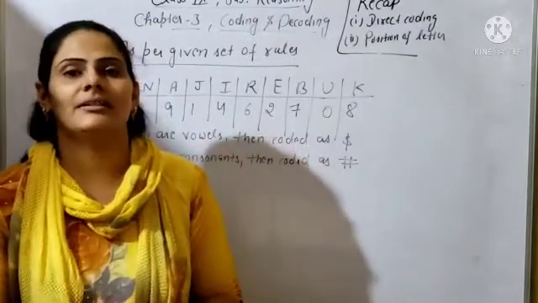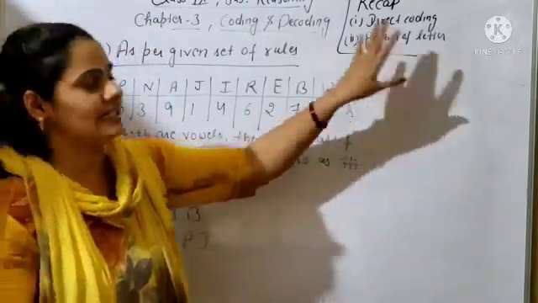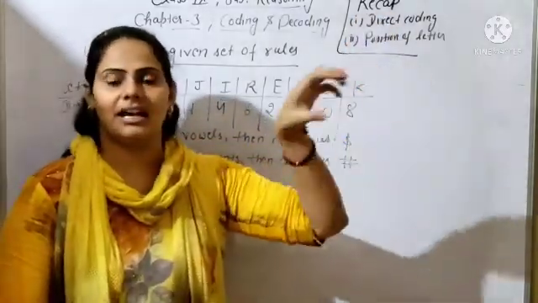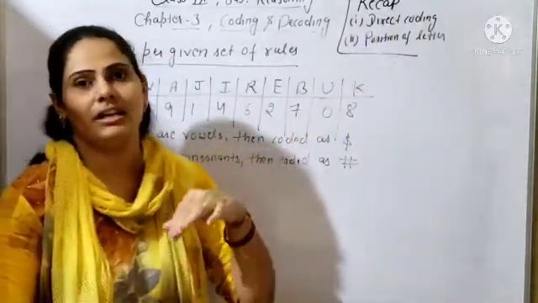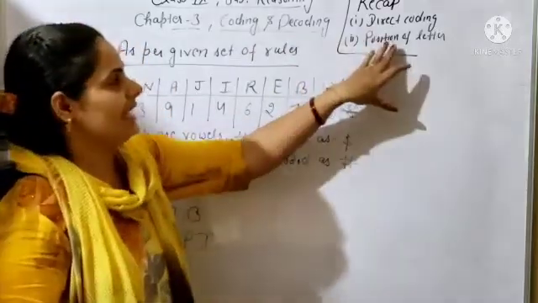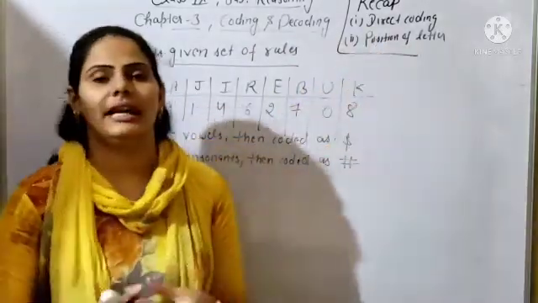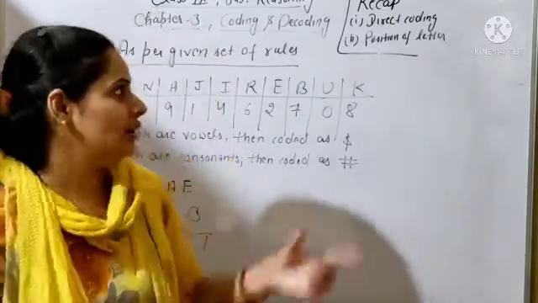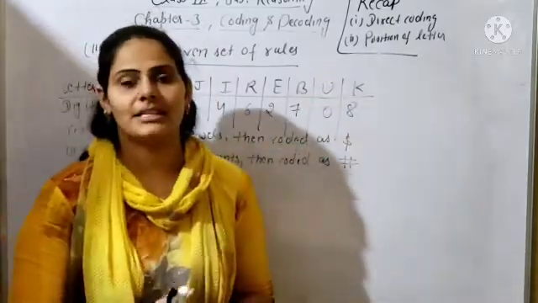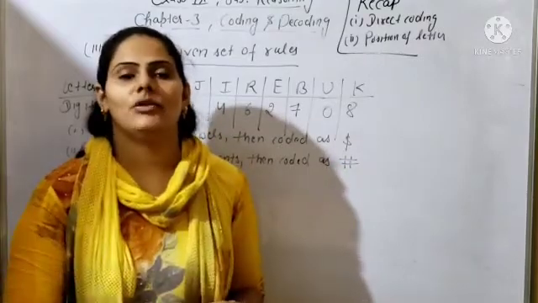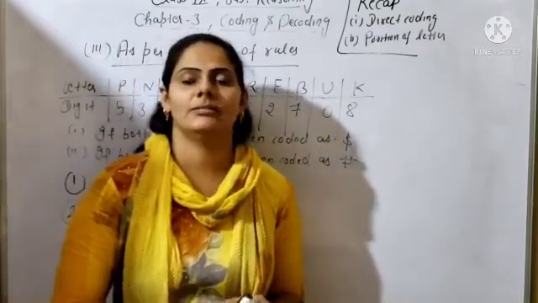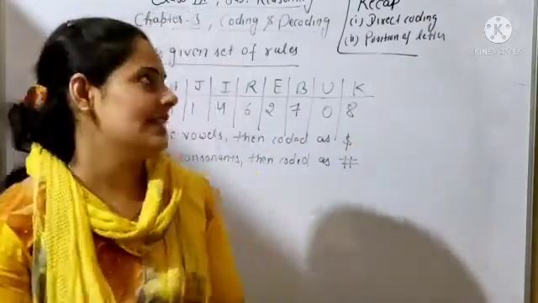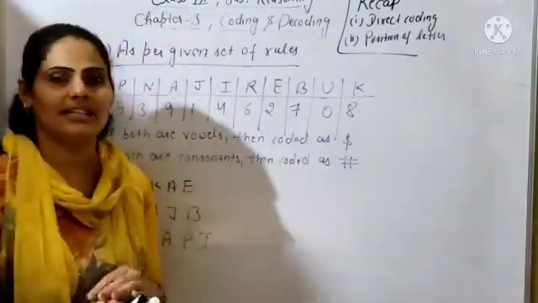So what have we done in direct coding and position of letters in English alphabet? In direct coding, simple numbers of letters are given in the code and you have to find out the answer of the following. In the second, position of letters, I have already told you there are total 26 letters in the English alphabet, A to Z. If you are starting from A, it is the left hand side of the letters, and if you are starting from Z, it will be the right hand side of the letters. And total letters are 26.